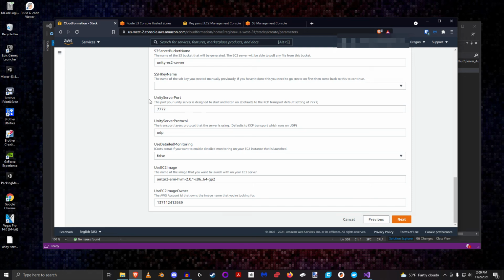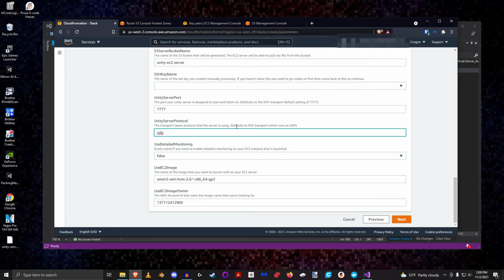Now, this Unity server port is very important because what you need to do here is set this port according to whatever you've built your server with. Now, like I said, by default, I have it on 7777, but on your transport layer inside of Unity, when you're selecting the transport you want to use, there's always a port configuration. Be sure that that port makes sense here and they match,